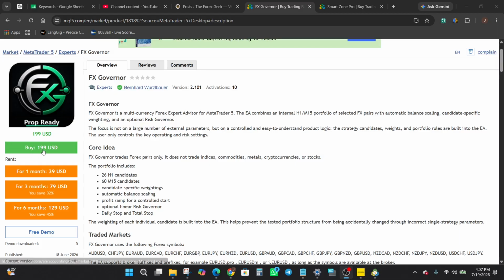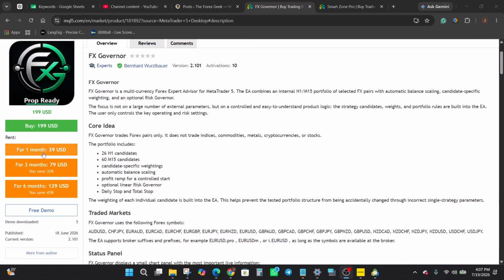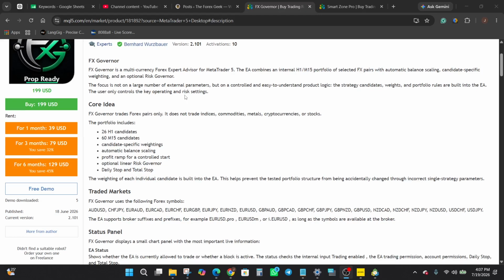Priced at 199 US dollars to buy, with rental options starting at 39 US dollars per month up to 129 US dollars for 6 months at a 45% saving. 3 months is going for 79 US dollars. It's on version 2.101. Scrolling into the description, this is a multi-currency Forex expert advisor that combines an internal portfolio